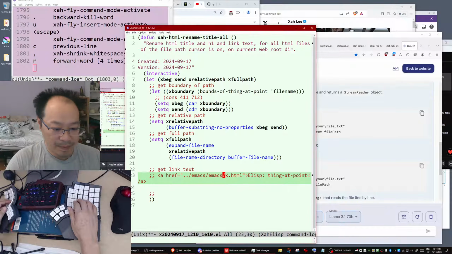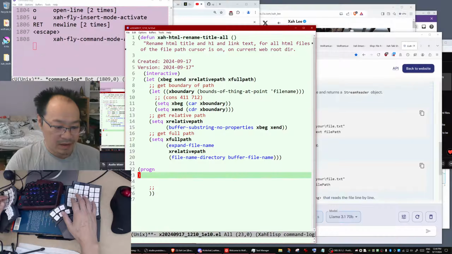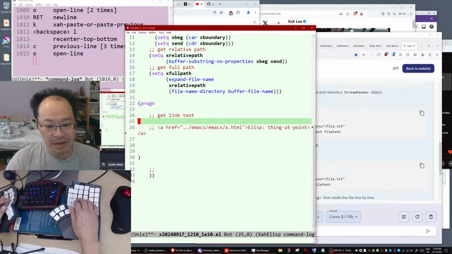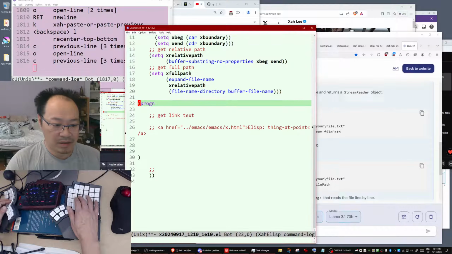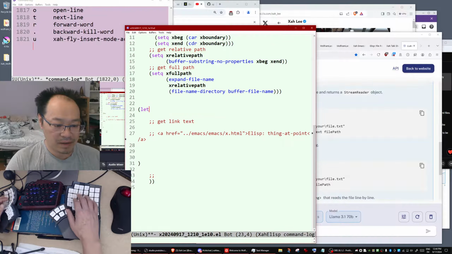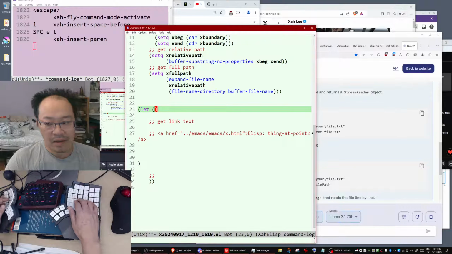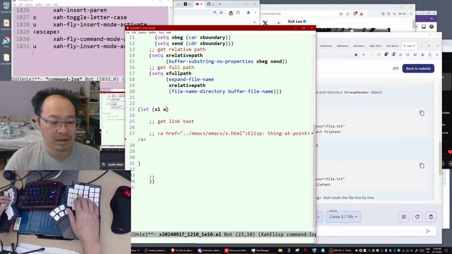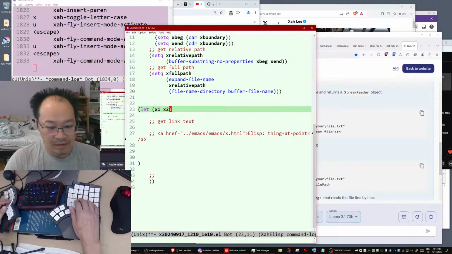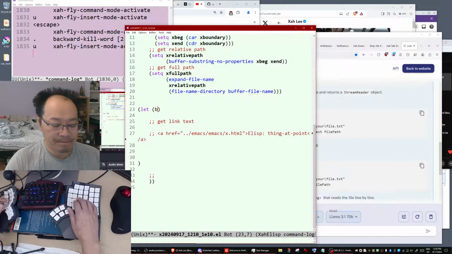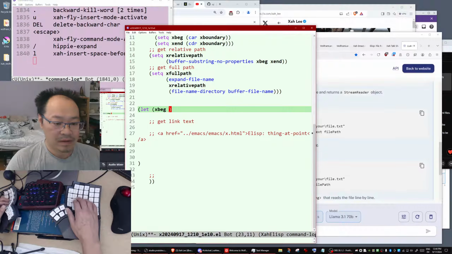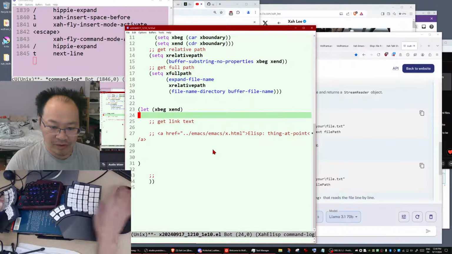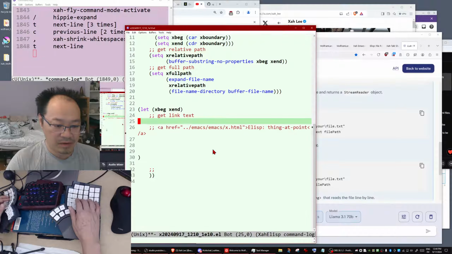So we create a mini program block here. You want the beginning and end boundary, just like before.